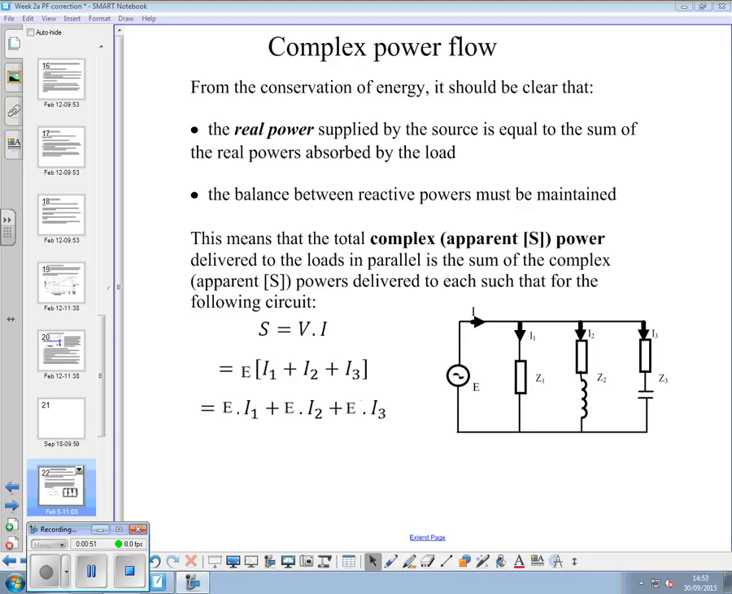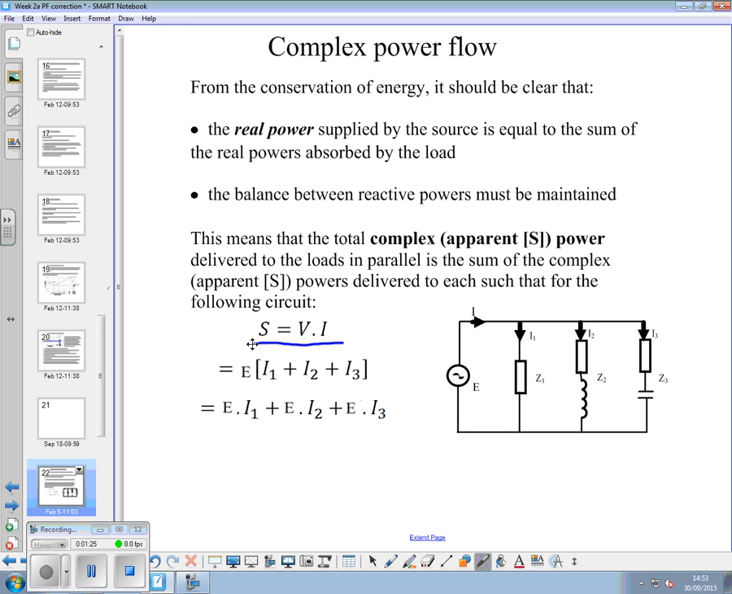This means that the balance between reactive powers must be maintained. This means that the total complex, or apparent power S, delivered to the loads in parallel is the sum of the complex apparent powers delivered to each load, such that for the following circuit, if the total S here